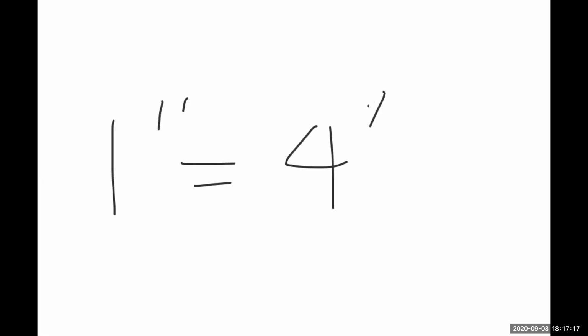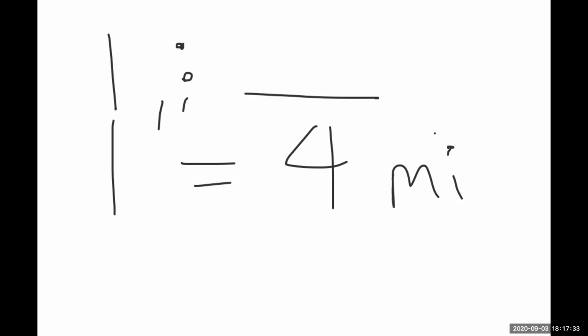So you're gonna have 1 colon, whatever you have. So if you had, for example, 1 inch equals 4 miles, I want that in a representative fraction. I know I have to have 1 on the left-hand side, and I have to have something on the right-hand side. So the representative fraction for this has to be 1 on the left-hand side always, and what the 4 miles converts to inches. So I take 4 miles